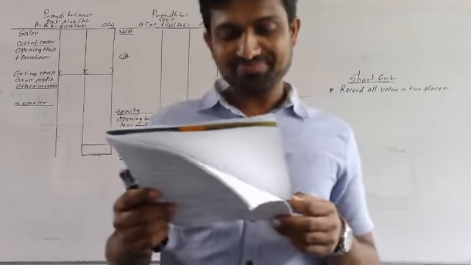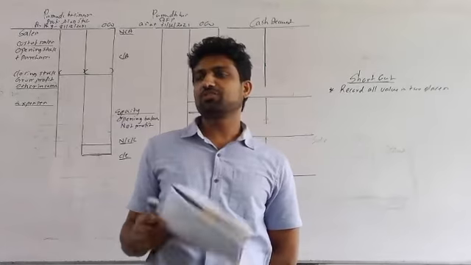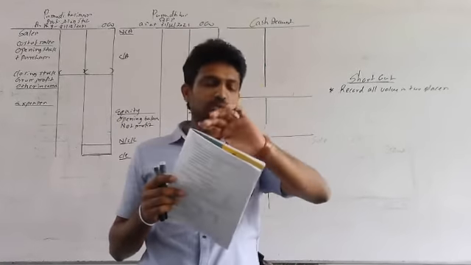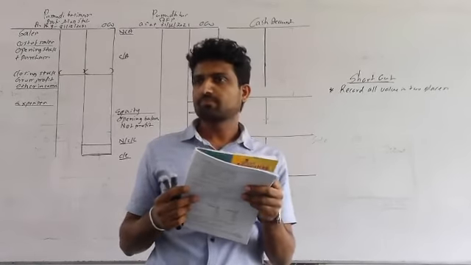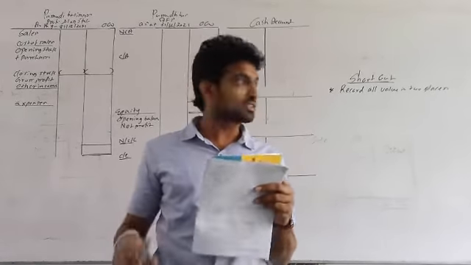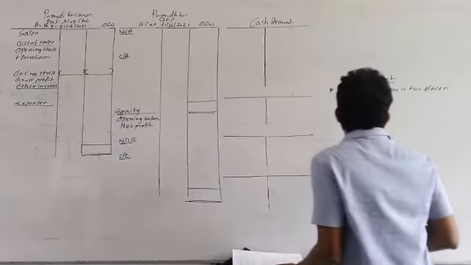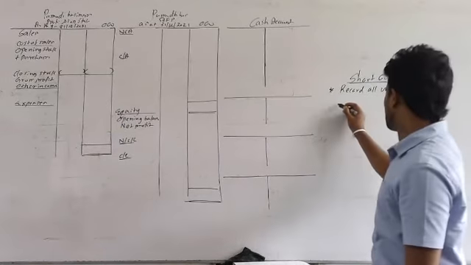Page number 10, question number 1. On 1st January 2021, Kumudi started a business with a capital of 200,000. Tell me, how to account that? You have to just record this in 2 places. So what I was saying in the shortcut: record all values in 2 places, right? And if you are given an opening balance,